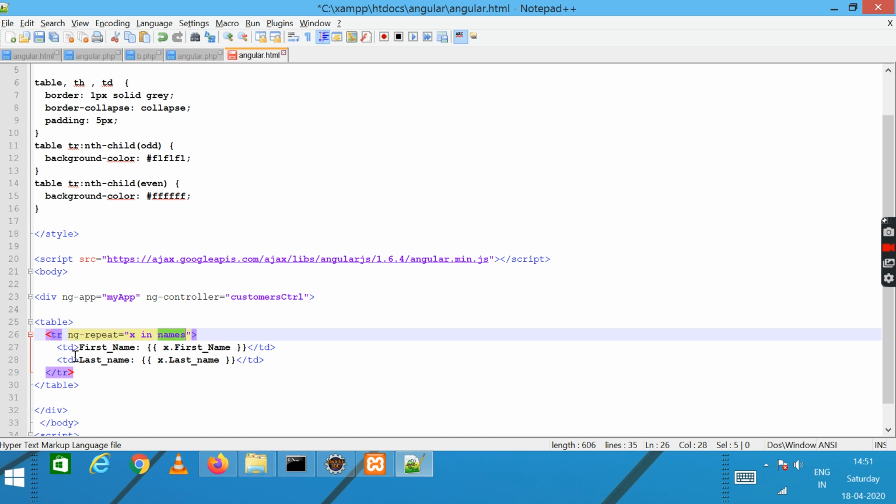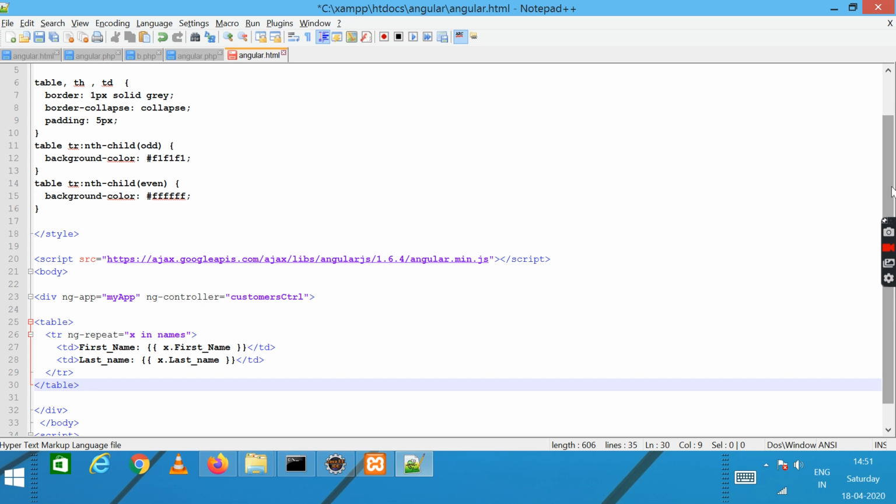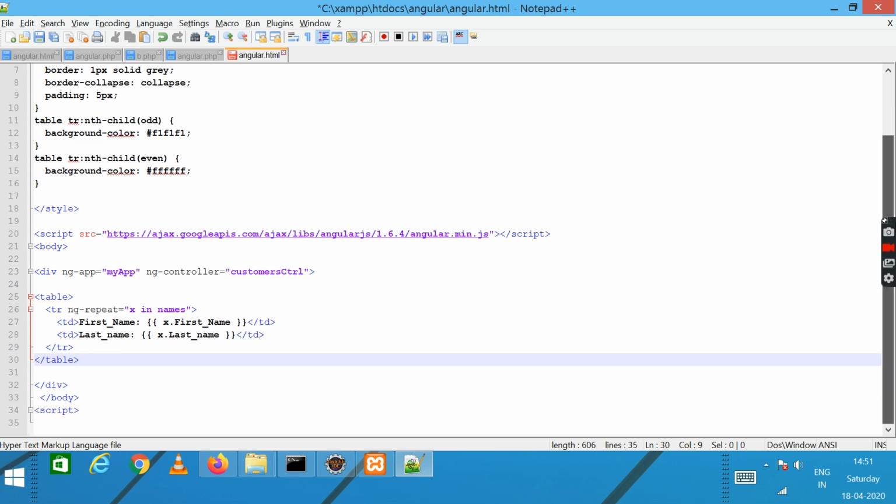Then we have td, table data, first name, which prints the first index, and last name, which prints the second index. So both the TDs are printed, then tr closed, and then table closed. So it will repeat a number of rows depending on how many values we have in the database table. So I'll come to that part again.